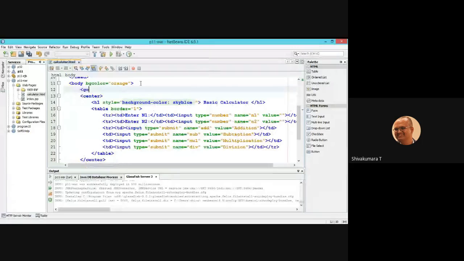Form action equal to, this is calculator, right?